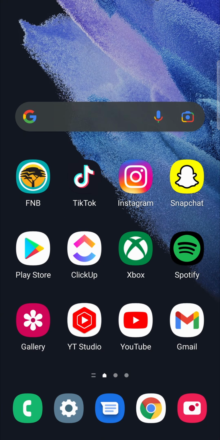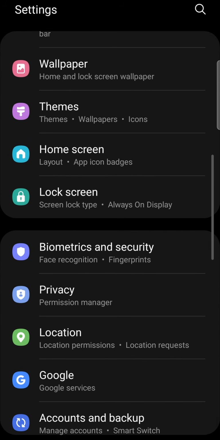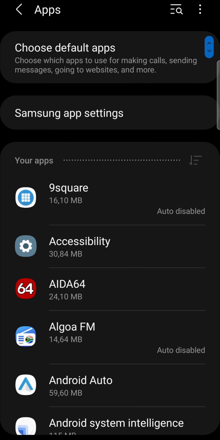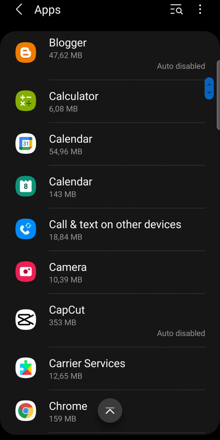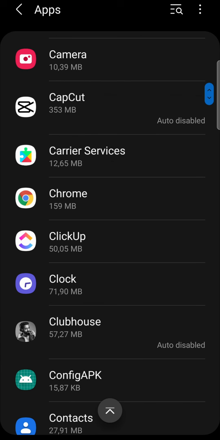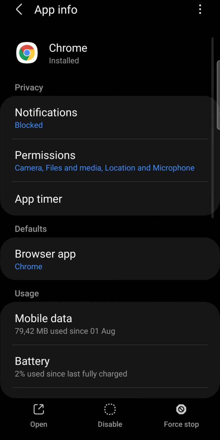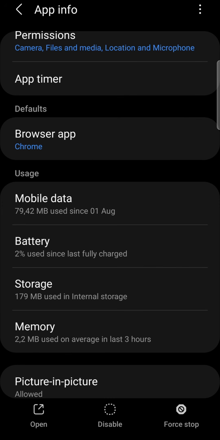And then the next step is you want to go into the settings app of your phone. Once you're in the settings page, go to where it says apps. So I'm going to tap on apps, and then I'm going to find the Chrome app. Just scroll down till you find C, and here's Google Chrome right at the top. If I tap on Chrome, what we need to do is tap on where it says storage. So right here,